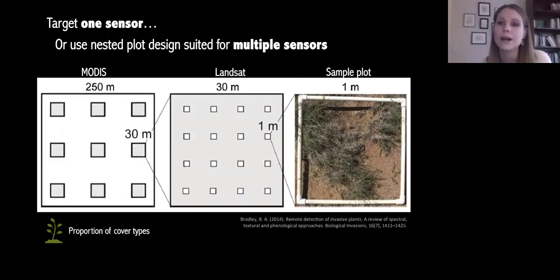One thing I do want to point out is looking at that 1 meter square, we're seeing a bit of vegetation as well as background. When we're talking about proportion of cover for vegetation, remote sensing thinks a bit differently in that we're not necessarily interested in the percent of vegetation that a species comprises, but rather a proportion of cover types. So here we would want you to record information both on the background characteristics, that bare soil, as well as the invasive species cover that's observed,